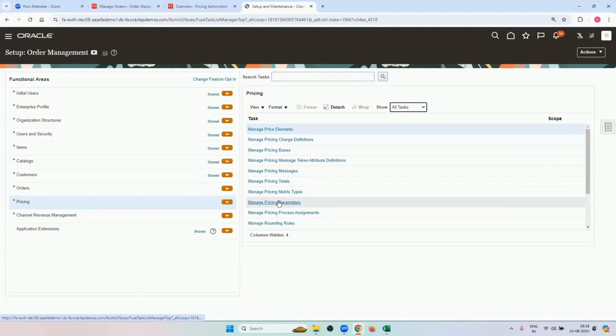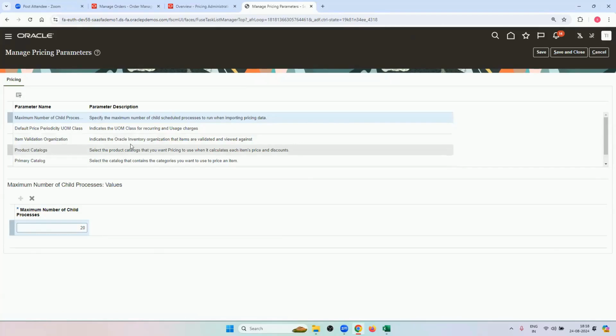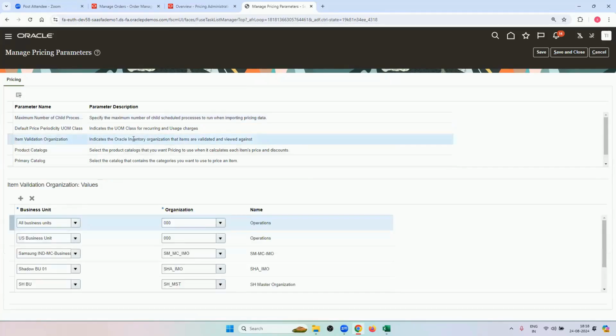And over here, just one thing we need to make sure, that we have to set up the item validation organization. If we want to price that item or make it sales order enabled, then you need to make sure that item is sellable, right? You need to make sure that organization of that item, the master organization, appears over here, the business unit and